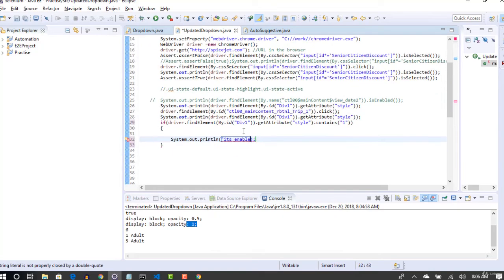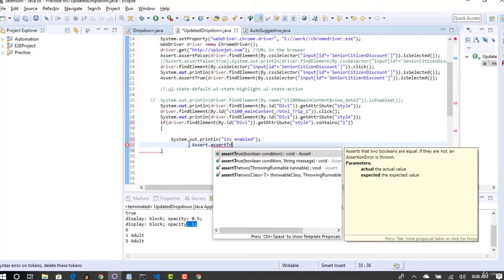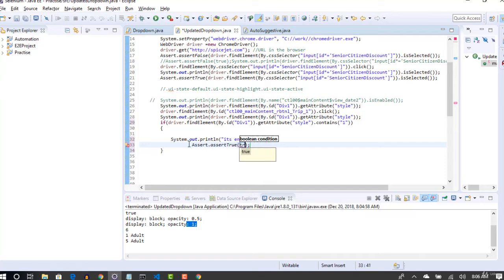Or if you want to put an assertion, how do you put an assertion? Saying that's pass. Assert dot assertTrue. Just pass true, that's it. Basically earlier we passed some condition which can return true, but once it went inside this block, that means success, right? 1 matched, so directly put true so that it will pass.